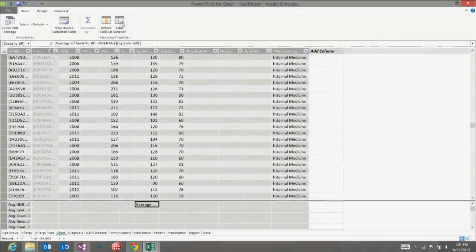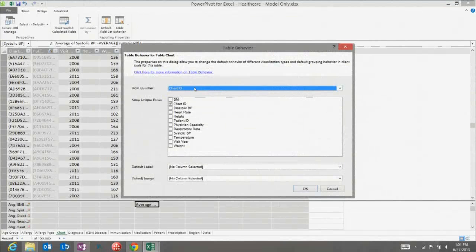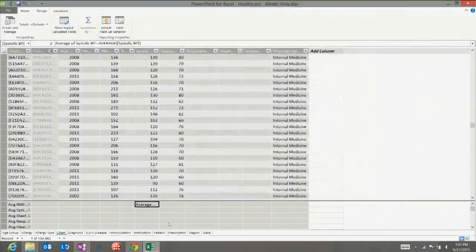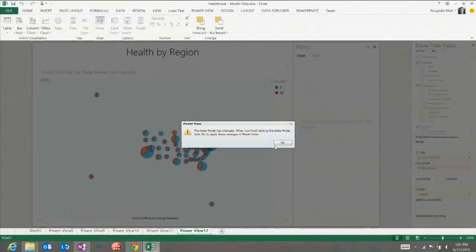And then over in table behavior, you have the ability to select a primary key or a row identifier for your table, and then choose those other fields that will group on the details, that will group on the key. Anything checked here will group on the key. And then you have the option to choose what they call a default label and a default image. If I go back to my PowerView sheet here,